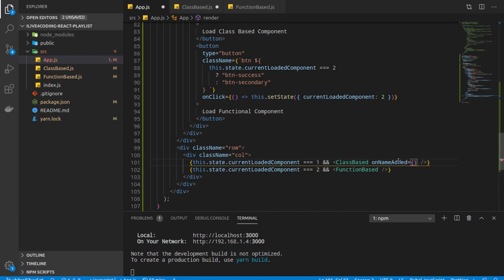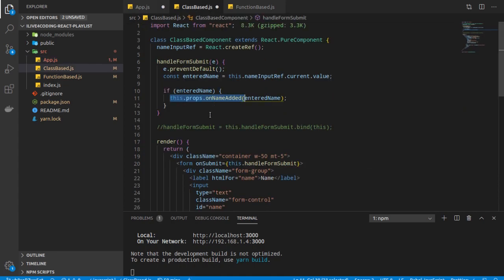This is the property which we saw here. onNameAdded is the property name through which we are expecting to receive a function into which we will pass this variable.